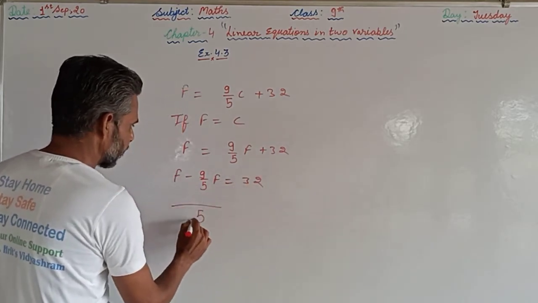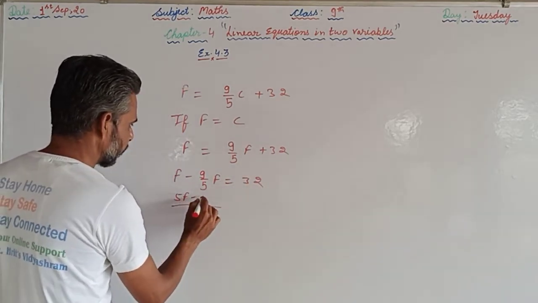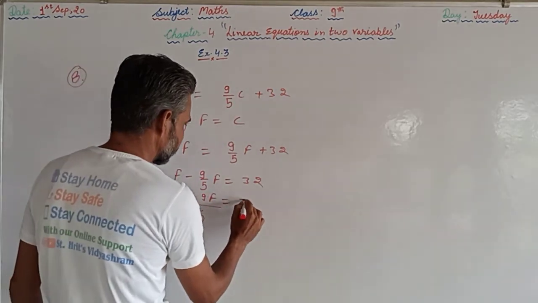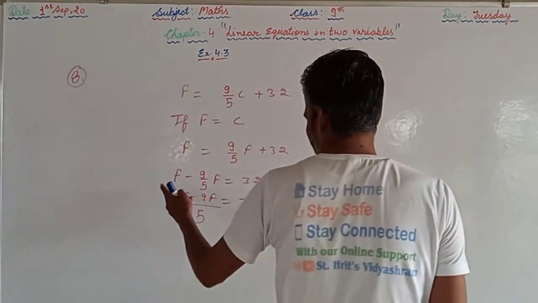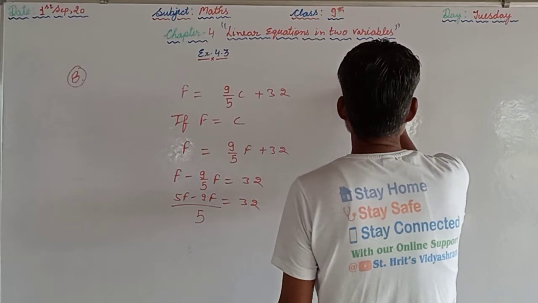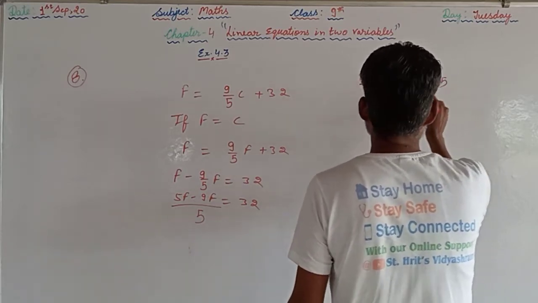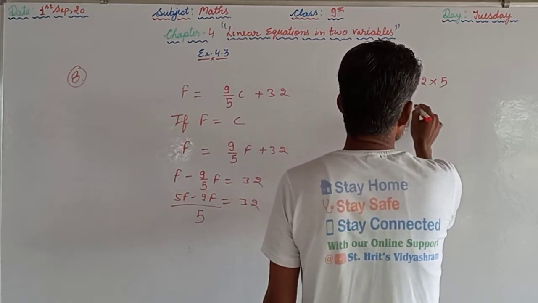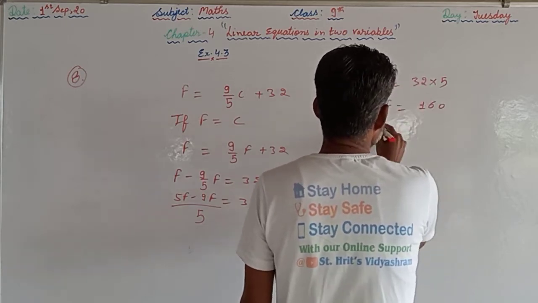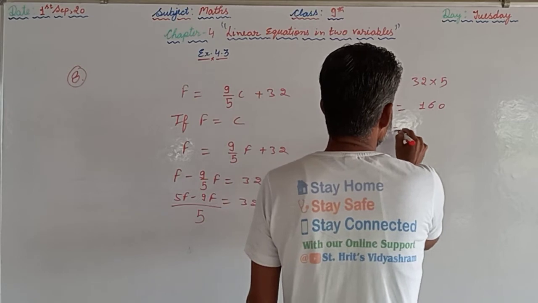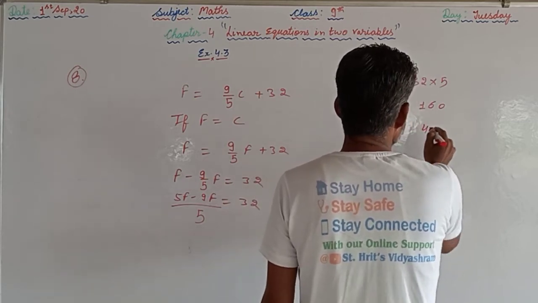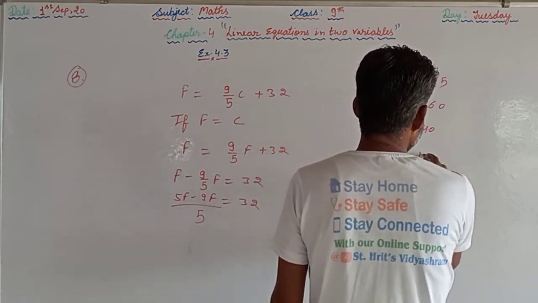So 5 will be the LCM: 5F minus 9F is equal to 32. From here, 5F minus 9F is minus 4F, equal to 32 into 5, minus 4F is equal to 160, so F is equal to 40, and F will be equal to minus 40